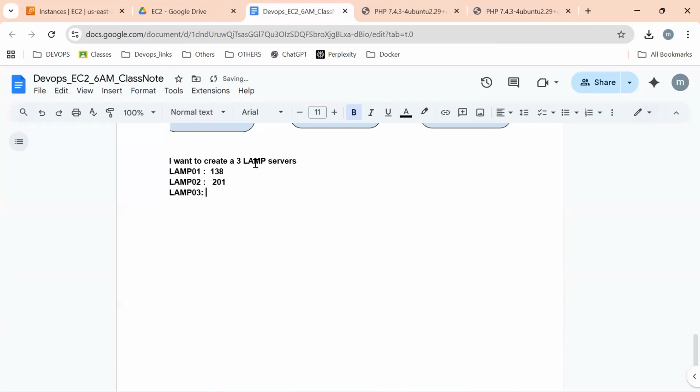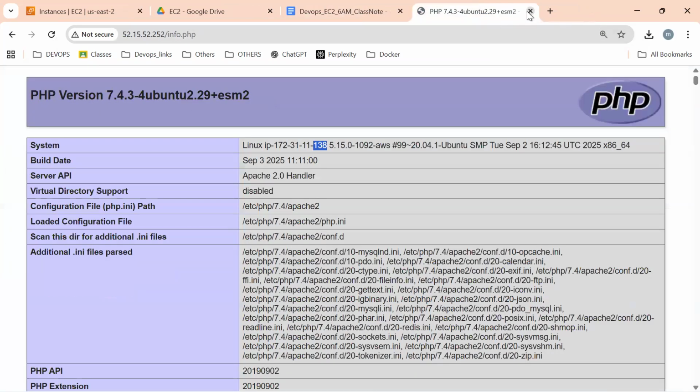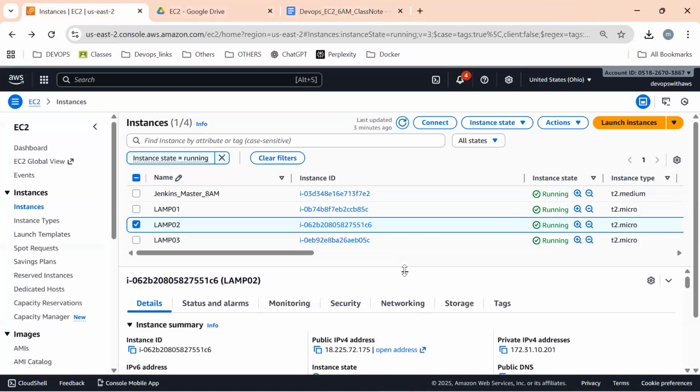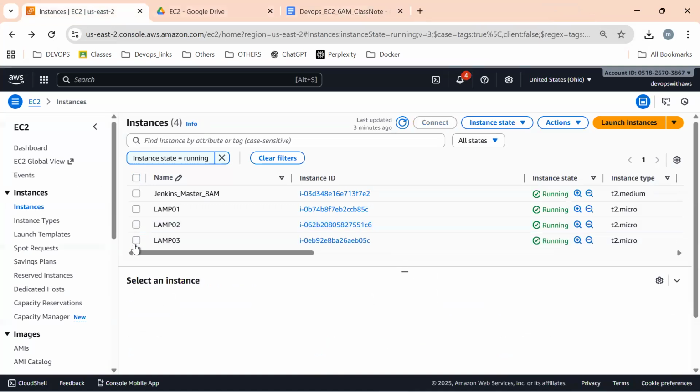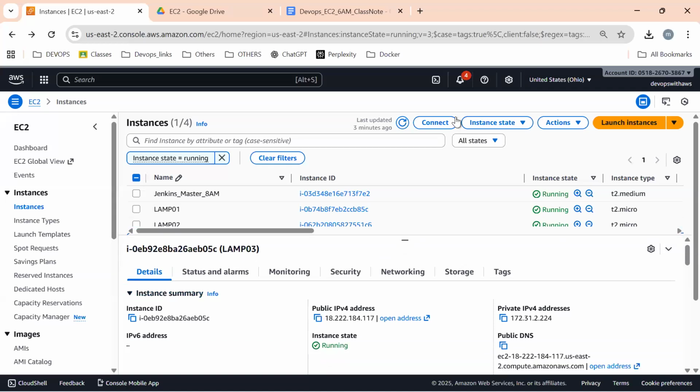LAMP server 03. So close this. Let us try to access server 3 also. Copy the public IP.